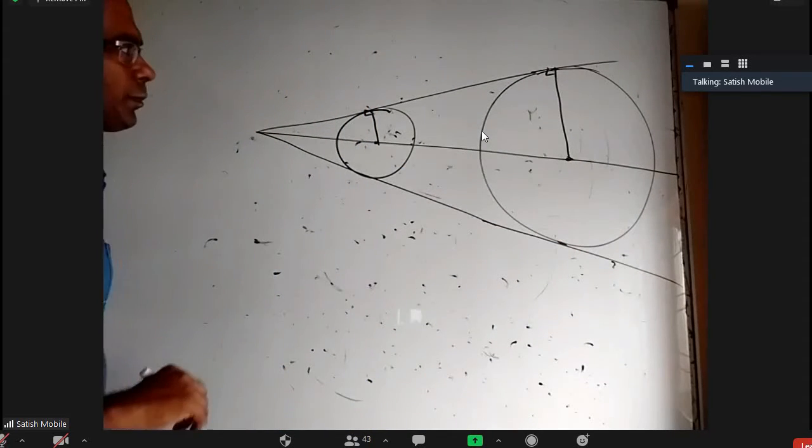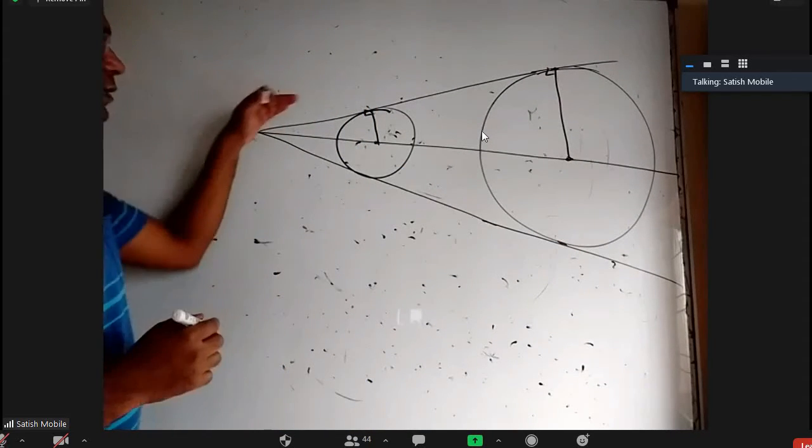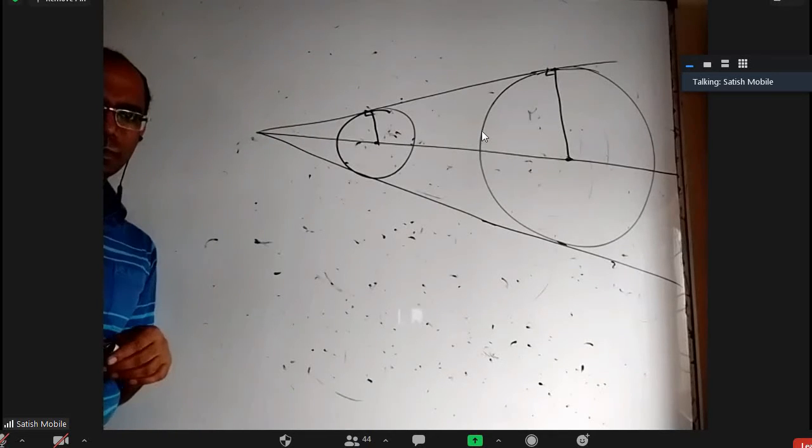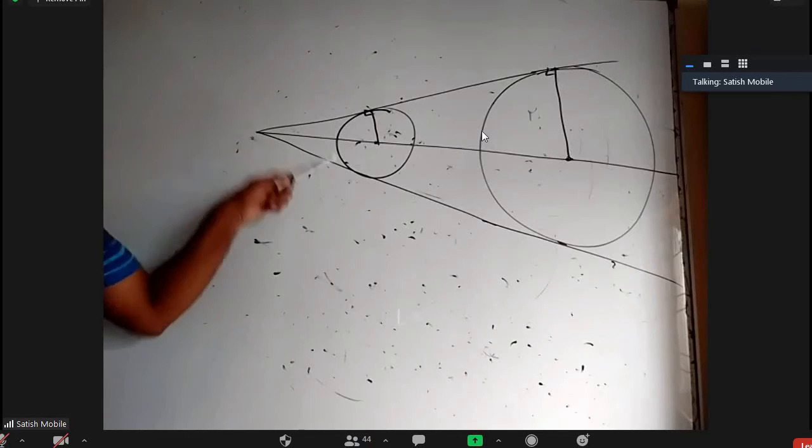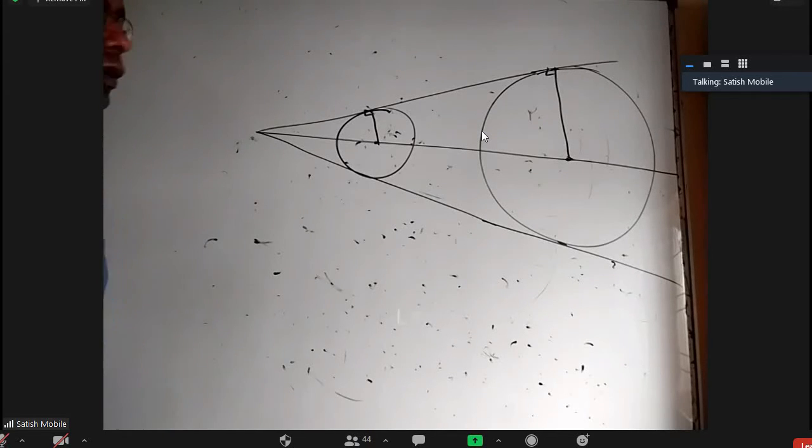Let us say somebody asks for the angle between these 2 lines. Of course, I can find this point, the external center of similitude, and then use tan theta by 2 equal to r by root S11, or